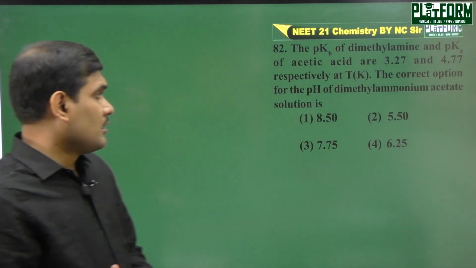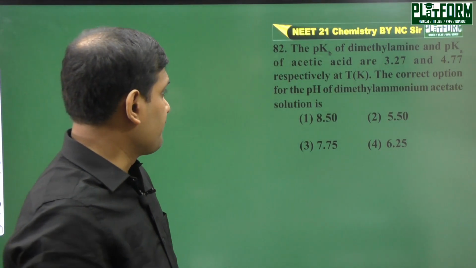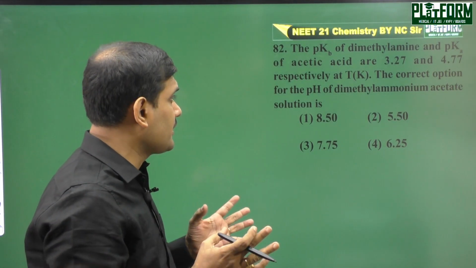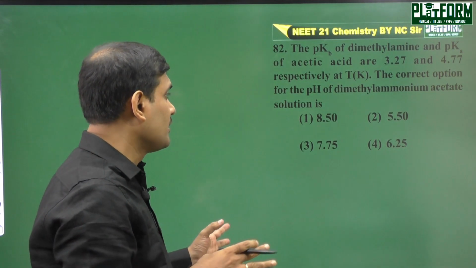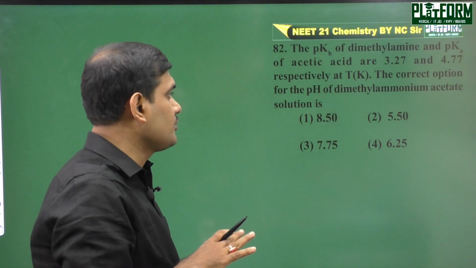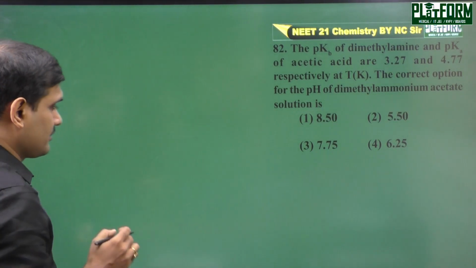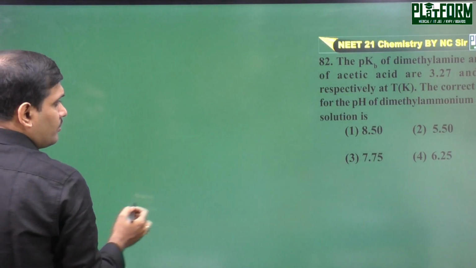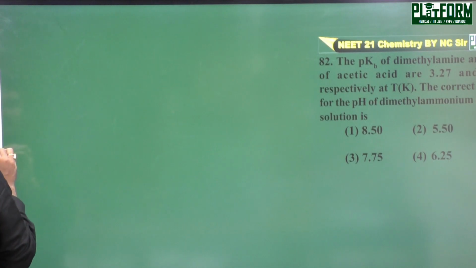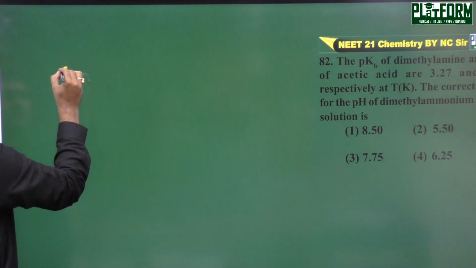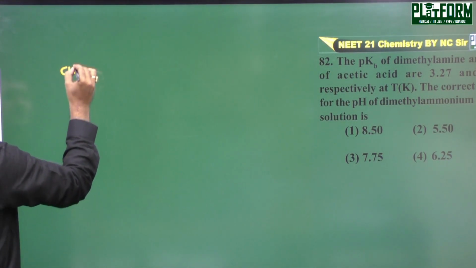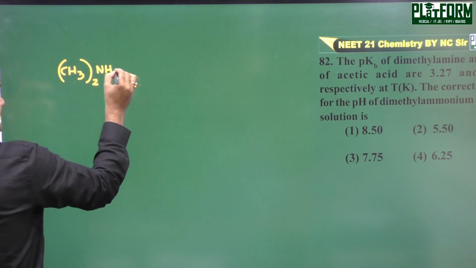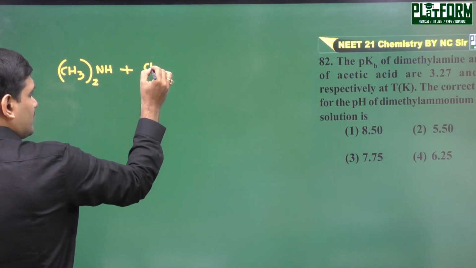Next, it is a question from ionic equilibrium. pKb of dimethylamine and pKa of acetic acid are given at a particular temperature. Give the correct option for the pH of dimethylammonium acetate. Now let's see, it's quite a good question. Dimethylamine, I would write it as (CH3)2NH. If this dimethylamine is reacted with acetic acid,